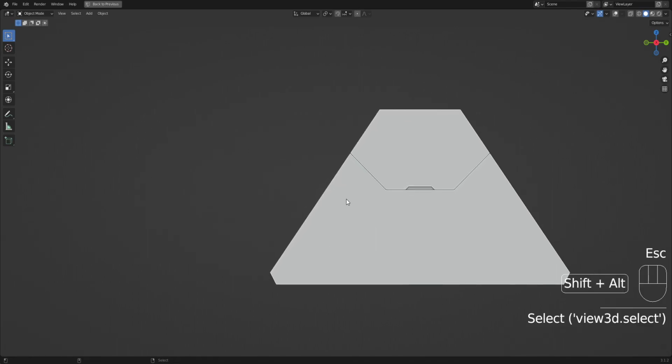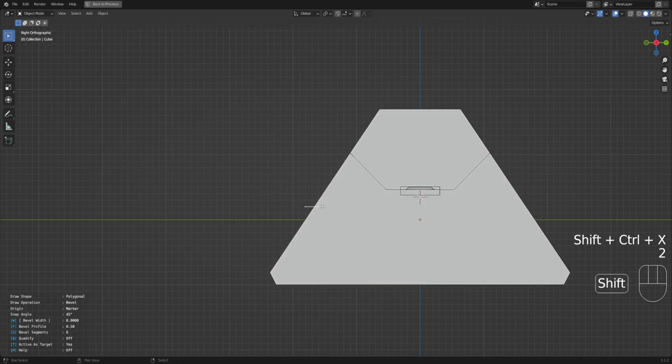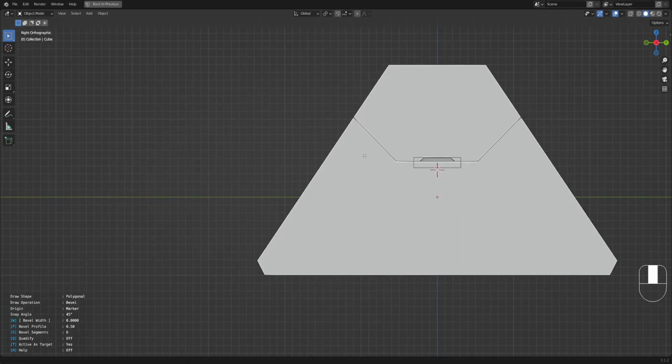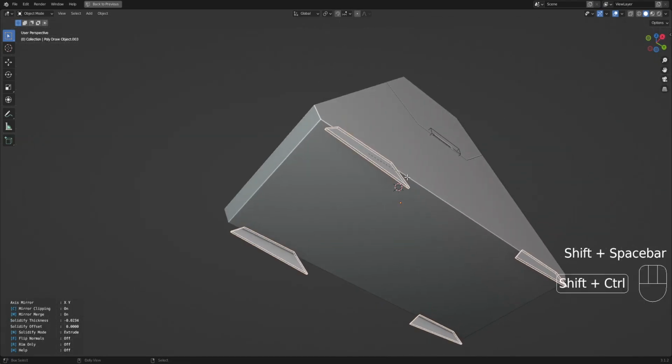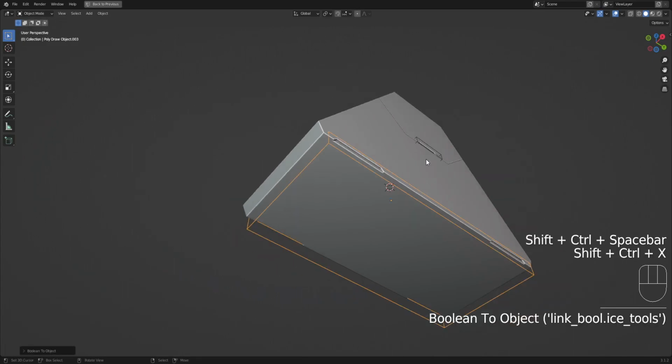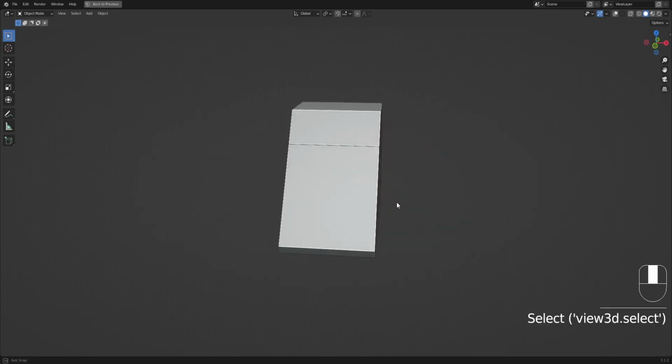So selecting this object here, draw polymesh. So you can see that the indicator is on the second point. That means that the draw object will be placed there. Just place it right here, cut, and